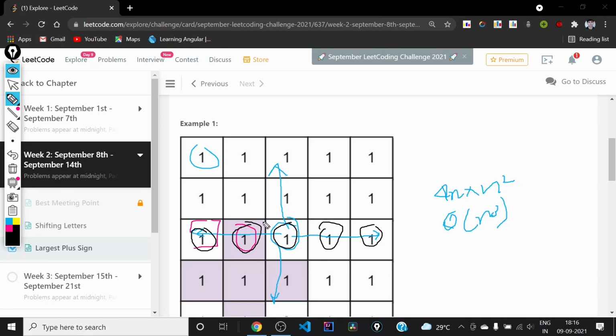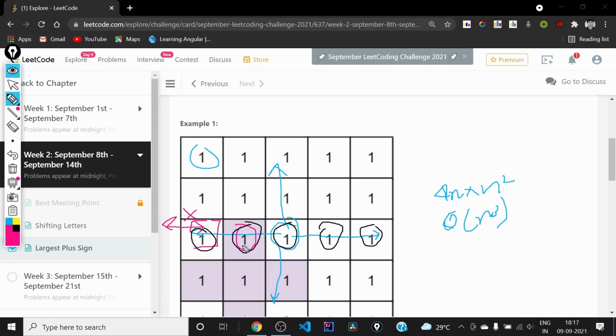We can optimize this whole thing to order 1, because we can use the left span from this cell to calculate it for this cell. How is it possible? Suppose there are x cells possible towards the left starting from this cell, and we want to calculate the number of cells for this cell.